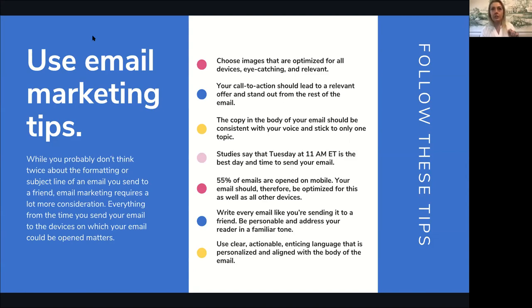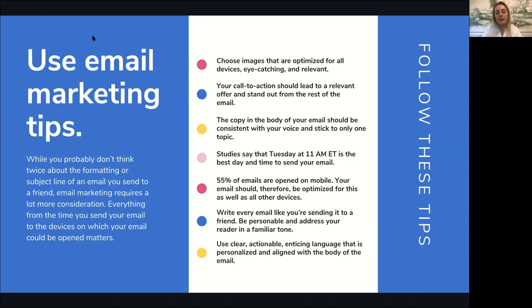One of the cool features that I know Mailchimp and Constant Contact offer is that once you've edited your whole email and it looks beautiful, you can then click and view what it would look like on a mobile device, on a tablet, and on a desktop. You can see all three of those things so that you know your email is 100% ready to go and will look good, because half of your users may be opening that on their mobile device. This is the same thing as your website, right? Your website should be able to crunch down and look good on a mobile device.